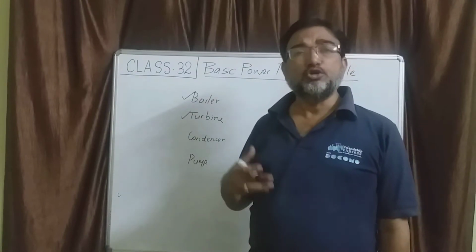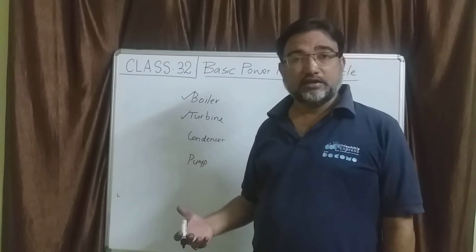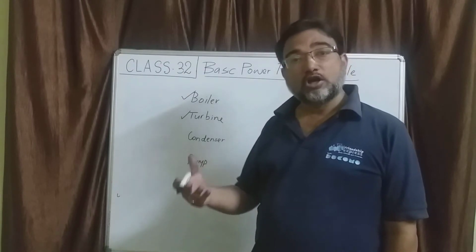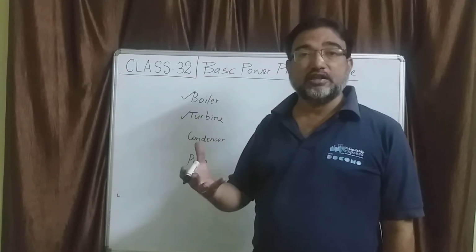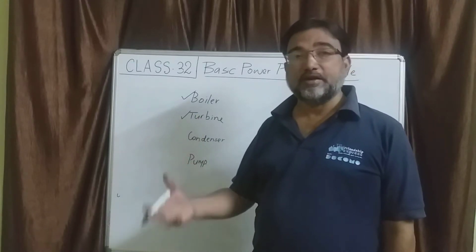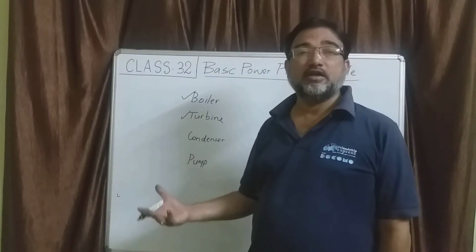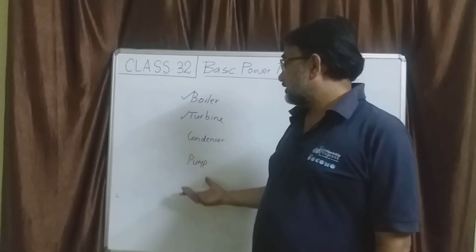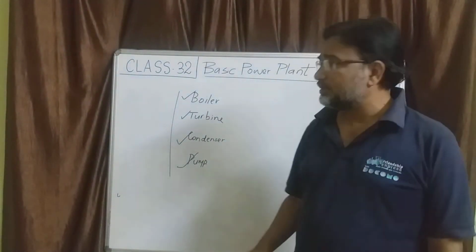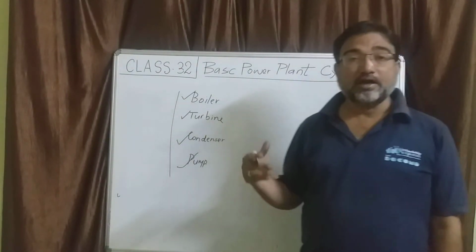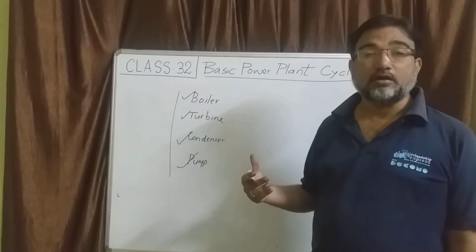Then the used steam, which has already done its work of rotating the turbine at the required speed, will come out of the turbine. Now it was rich in enthalpy, but after doing the work it has spent most of its energy. So it is a low energy content steam, and that will be condensed in the condenser and pumped back to the boiler again. So these four are the essential units. There are other accessories and additional units, but without the four essential units, a power plant cannot function.